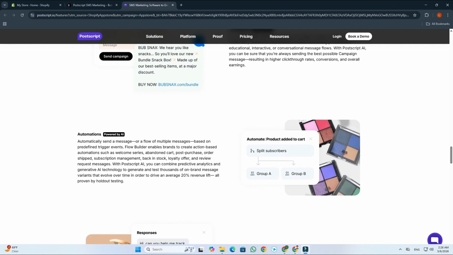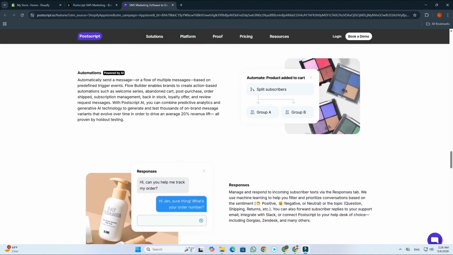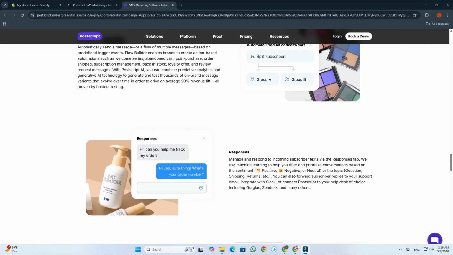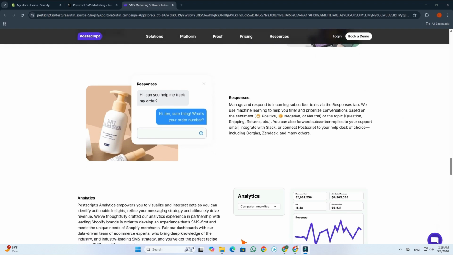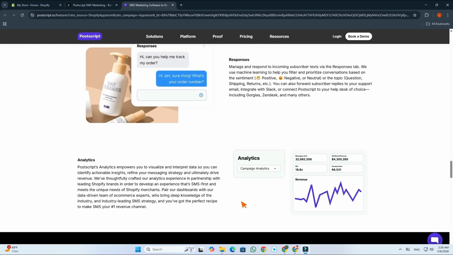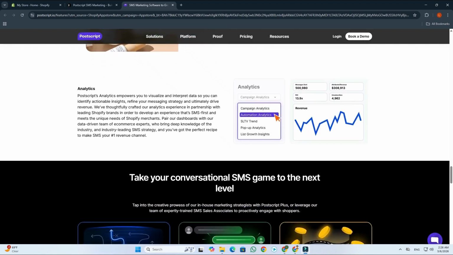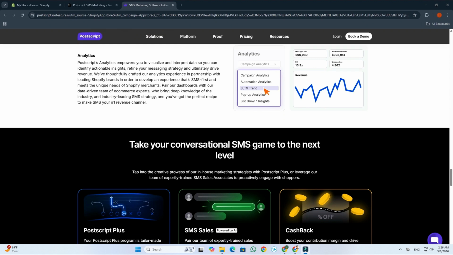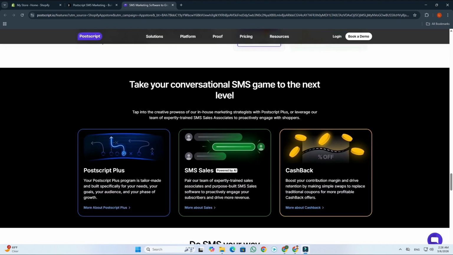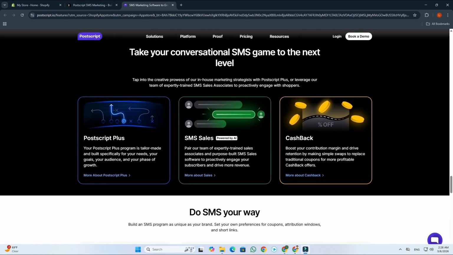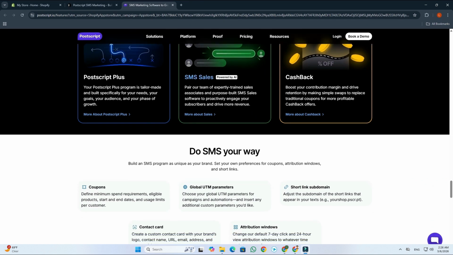Setting up automated SMS campaigns. Automating SMS campaigns with Postscript allows you to engage customers efficiently. By setting up automation, you can send timely messages based on customer actions. Follow these steps to create automated SMS campaigns. Go to Automations in Postscript. Navigate to the Automations tab and select the type of automation you want to create. Choose a trigger event. Pick an action that will trigger the SMS, such as: